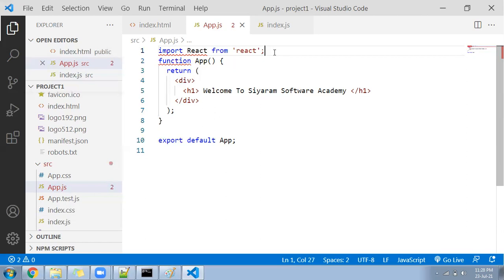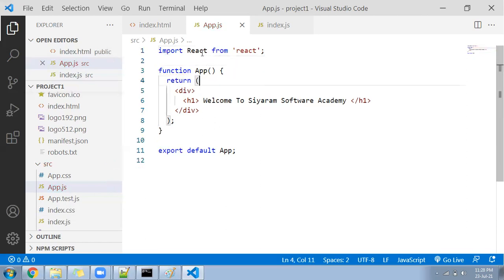So we wrote here import React from React.js file. So now your React library got imported here. Now with full confidence, you can write all the functionality of the React and start using it.